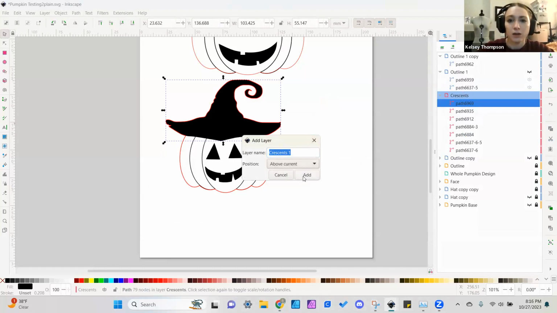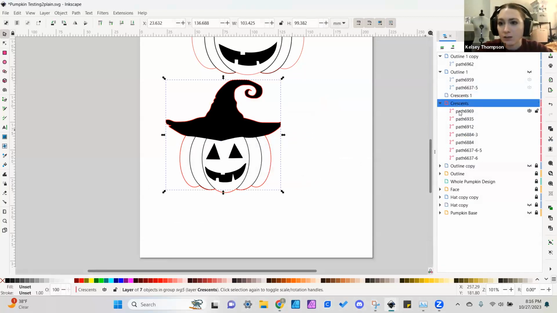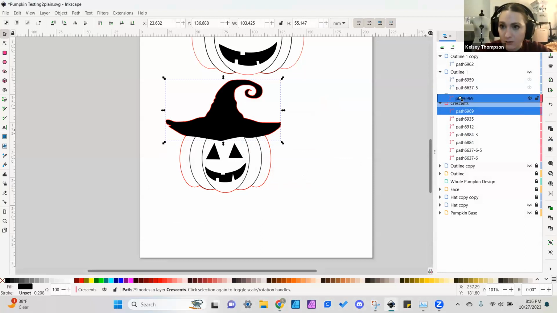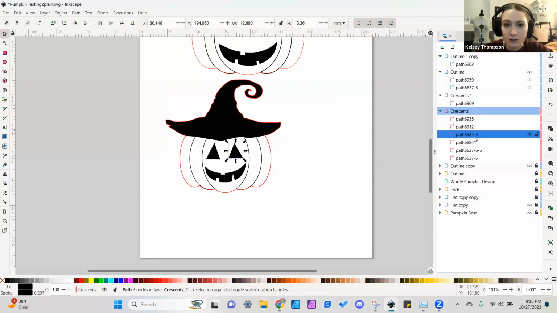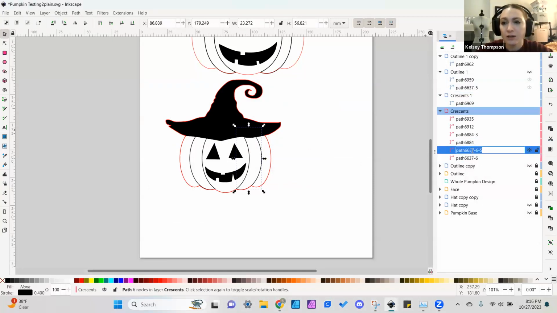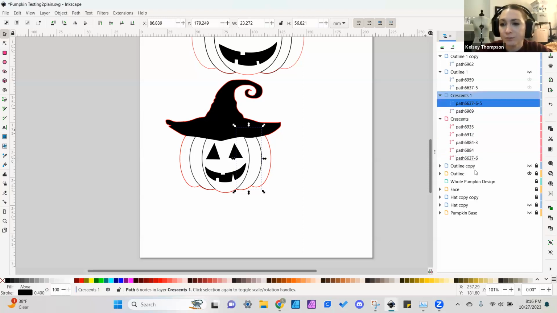Crescents 1, add, and I'm going to go ahead and take this guy, move it up to this crescents 1. I want it to be in that, and then I'm going to take my crescent, move it up. And then in this instance, what you end up essentially having to do is